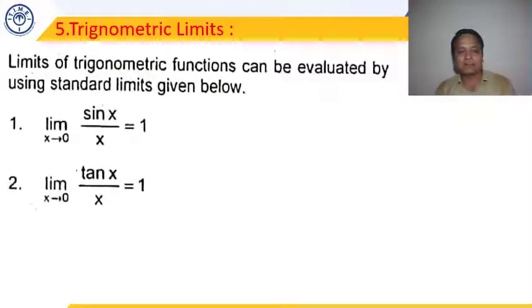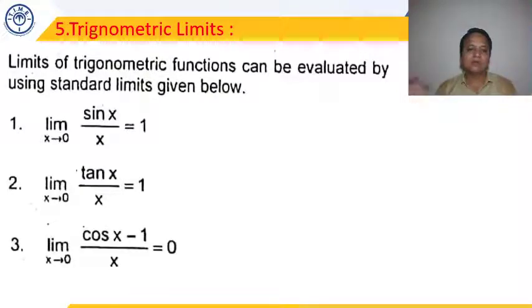So we use these somewhere in parts between questions also. Third, cos x minus 1 upon x when x tends to 0. Whenever this expression is given, cos x minus 1 upon x, when x tends to 0, its value comes out to be 0. The proof can be done in a similar manner. Just write the expansion of sin x or tan x or cos x, then take the common terms out and you get your answers clearly, because on putting x equal to 0, the rest of the terms vanish.